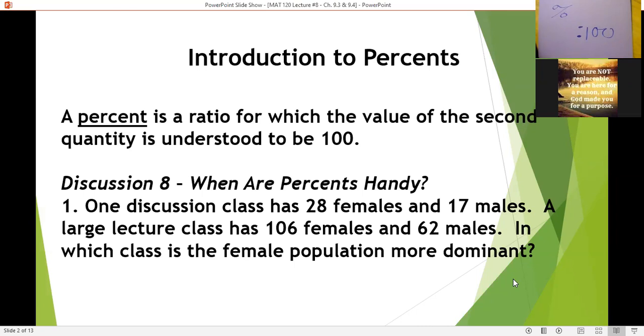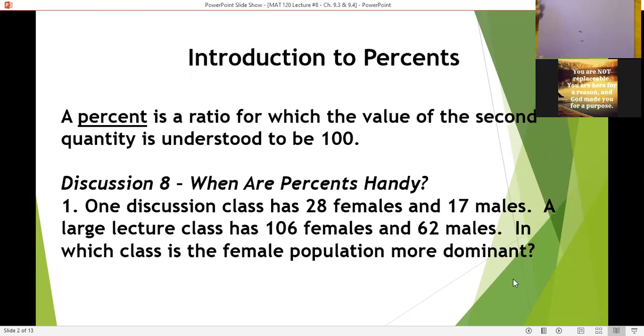One discussion class has 28 females and 17 males. A large lecture class has 106 females and 62 males. In which class is the female population more dominant? Well, let's think right now about those numbers. Let's think about how we could figure out percentages. Now, recall that